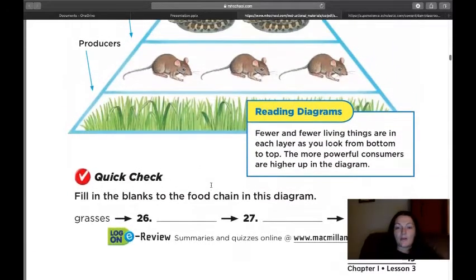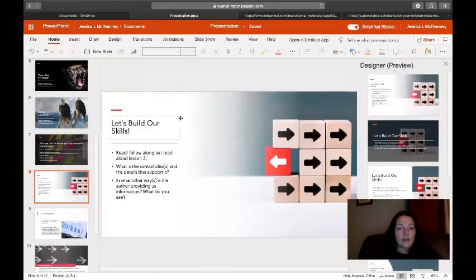Okay, so that's the end of chapter 1, lesson 3, the text, the passage. So remember, I had asked you to think about what the central ideas and the details that support it were. And the main focus for this week's lesson is this part right here. In what other ways or way is the author providing us information and what do you see? So when I was reading,